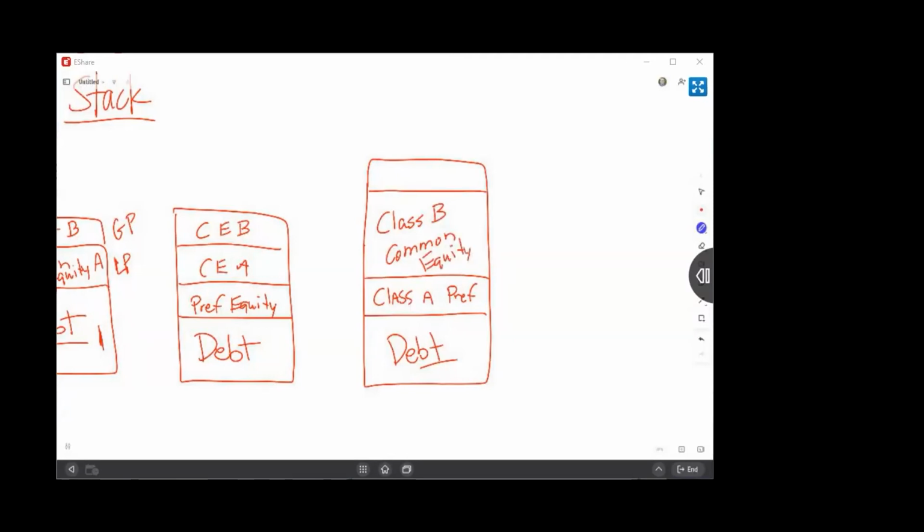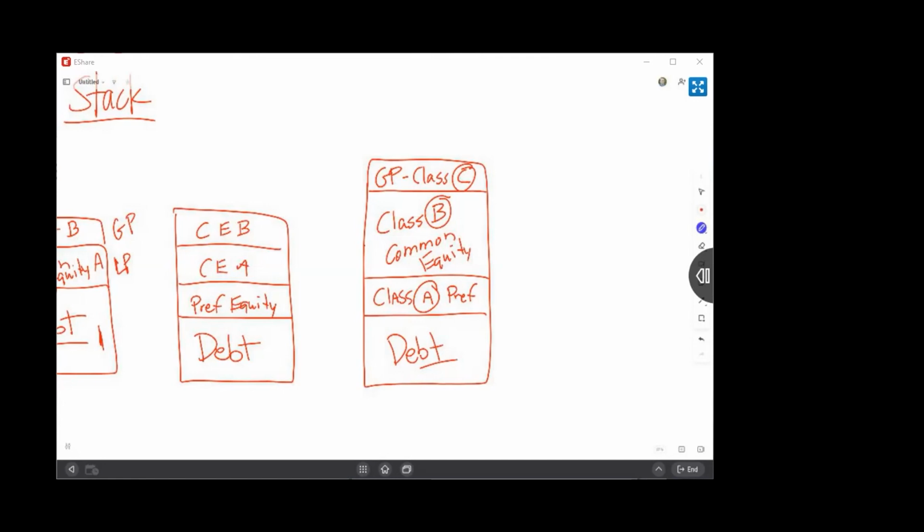And then of course you're going to have your GP shares up here, which we'll just call Class C. So you have your Class A, your Class B, and your Class C shares. Now, one of the other things that you have to understand when we're talking about these equity structures is